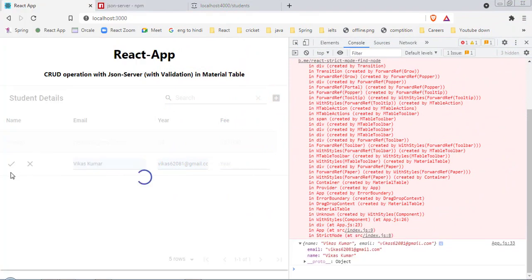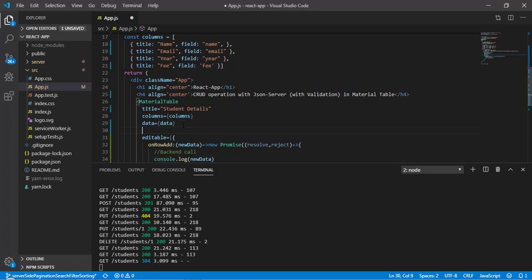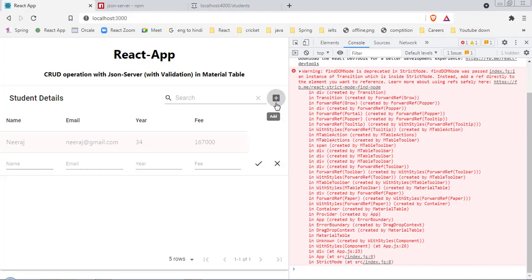We want to get this action button on the right side. For that we have to pass an extra property to these options, and that is called actionsColumnIndex. So here actionsColumnIndex, the default value is 0, so here we have to provide -1. So now let me click on this, and as you can see we started getting these action buttons on the right side. Now what if I want to get this row at the top?